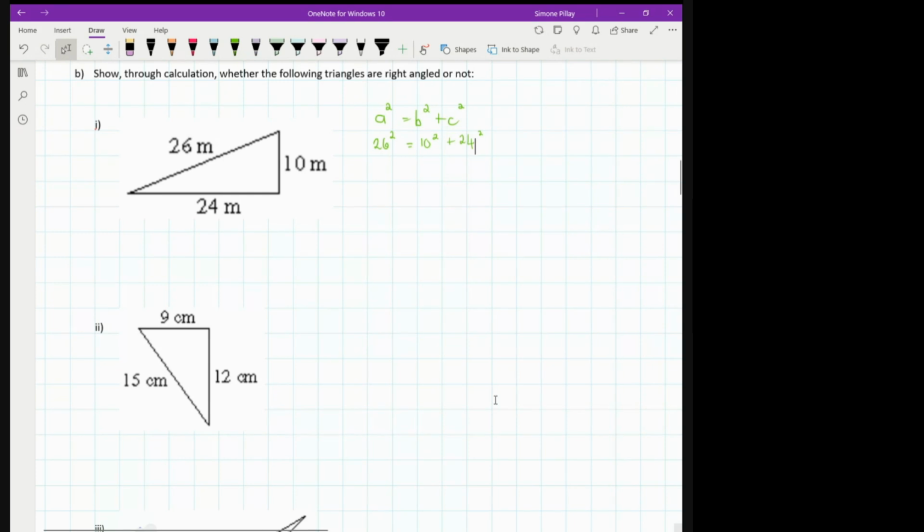Hi. 26 squared is 676, equals to 100 plus 576. Okay. And then we're going to say 676 equals 676. Therefore, the triangle